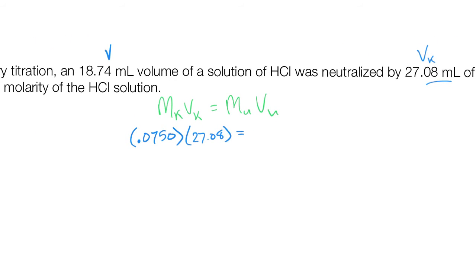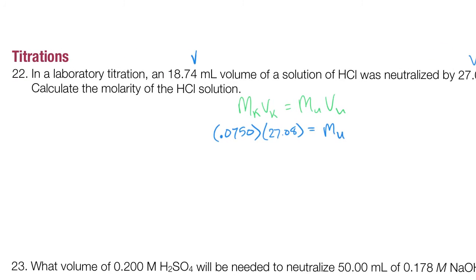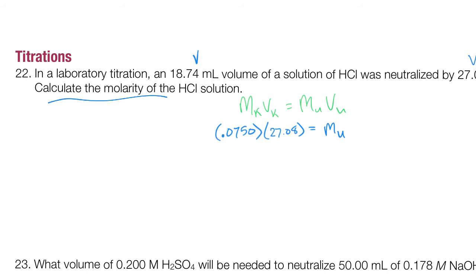And then on the other side, I don't know the molarity, that wasn't given to me, and in fact I can see in the rest of the question it is what I'm asked for. The unknown volume, or the volume of the unknown substance, is 18.74. Now I'm ready to solve for the unknown molarity variable by dividing both sides by 18.74, and I'm ready to put this into my calculator. All right, and it came out to